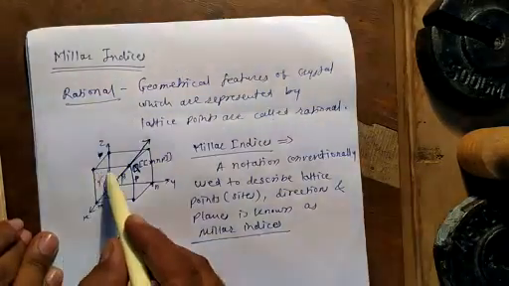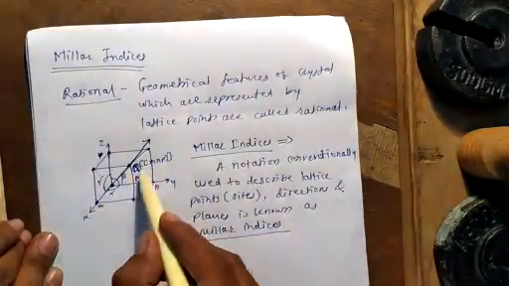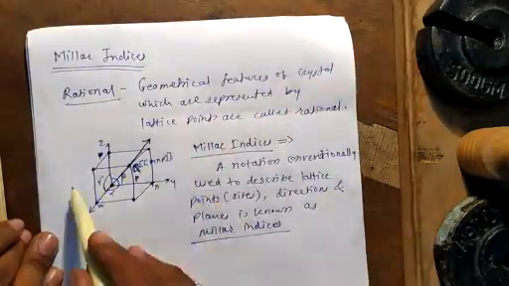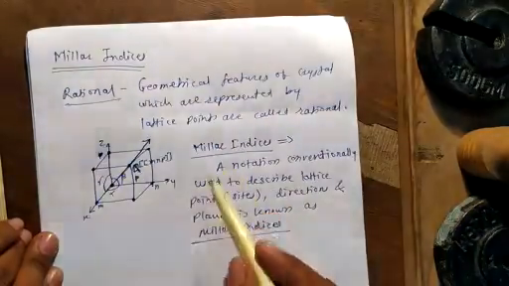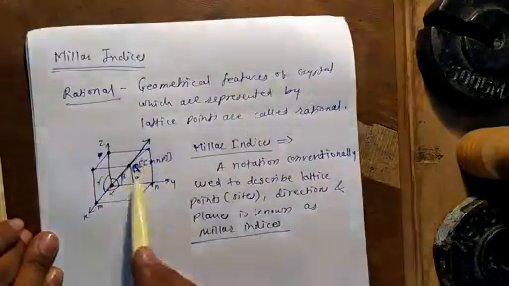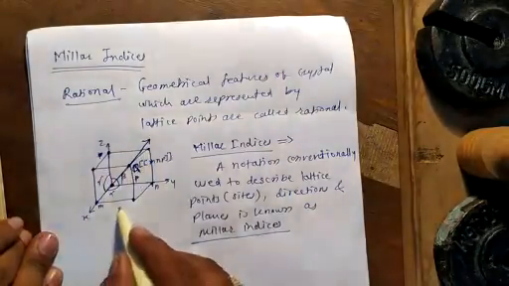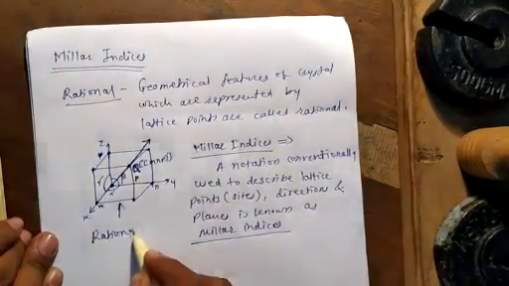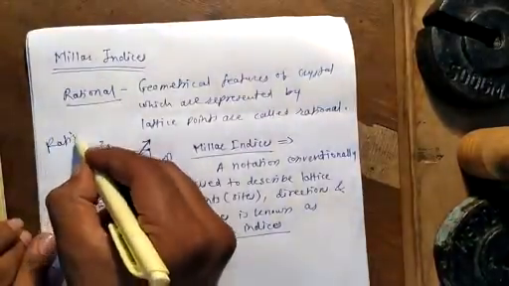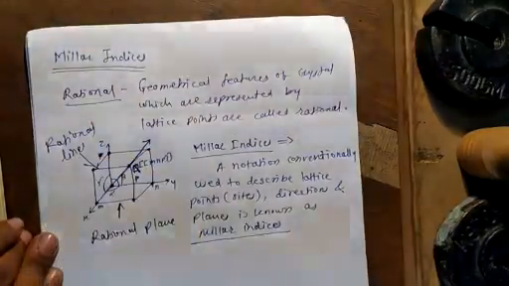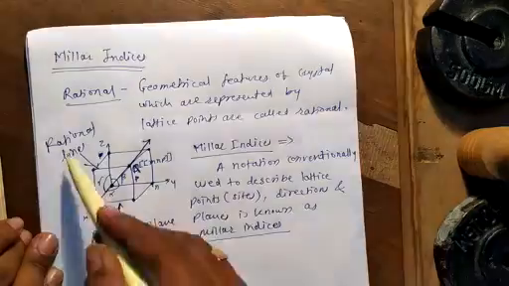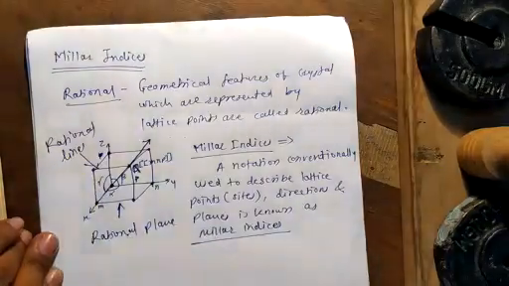A row of such lattice points is called rational lines. In the crystal there is a row of lattice points along three crystallographic axes. These are called the lattice rational lines. And the plane defined by the lattice points, like this plane, is called rational plane. And these lines are called rational lines. This is the definition of lattice point, rational plane and rational line.